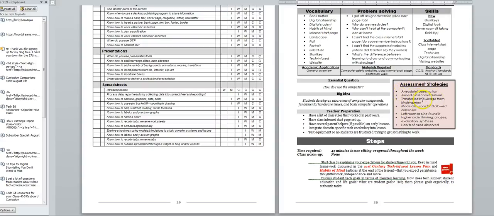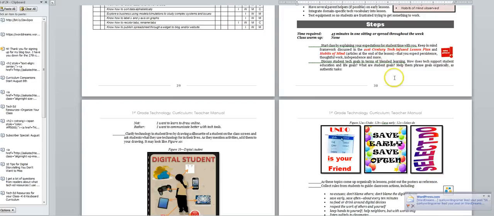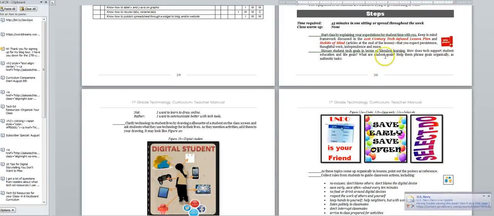Transferred knowledge from kindergarten. That will change to transferred knowledge from previous lessons. You always want them being aware that I learned something, now I'm going to use it. So, but start with just a general overview. Discuss technology, your expectations for their time, the 21st century class, how technology fits in with other lesson plans, their